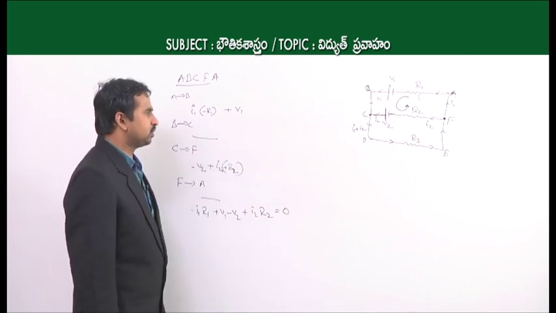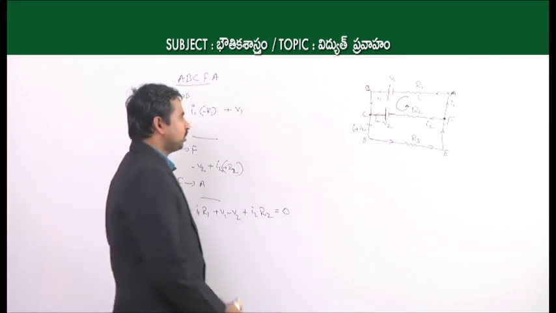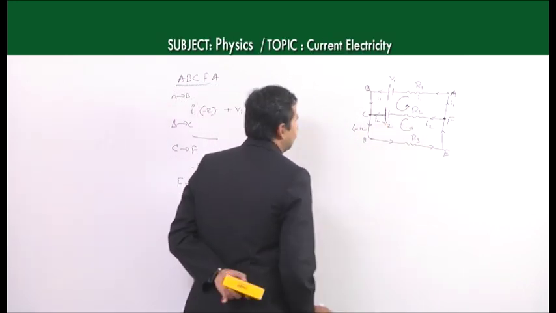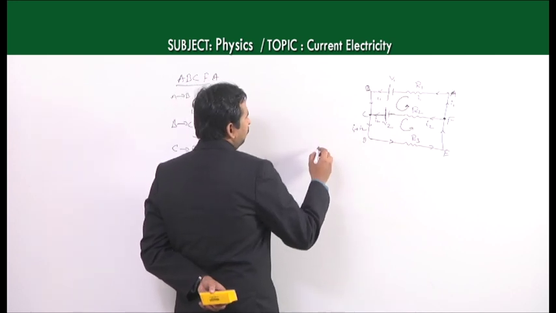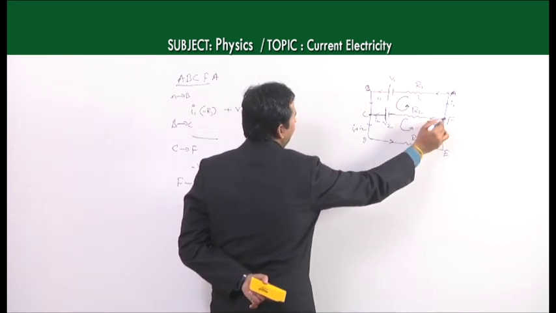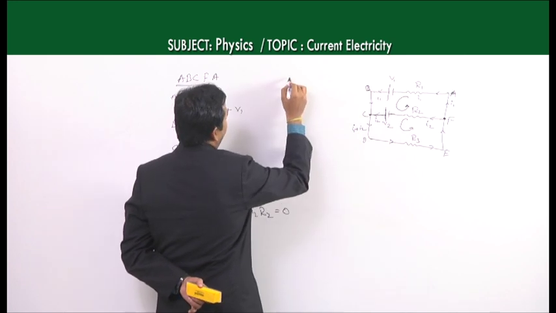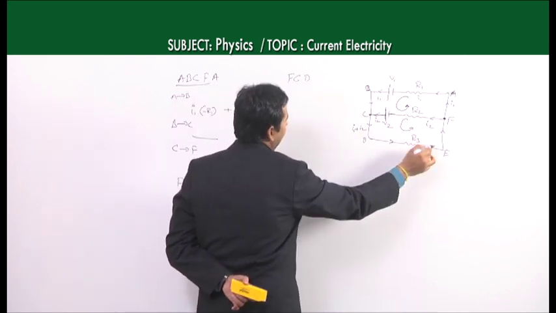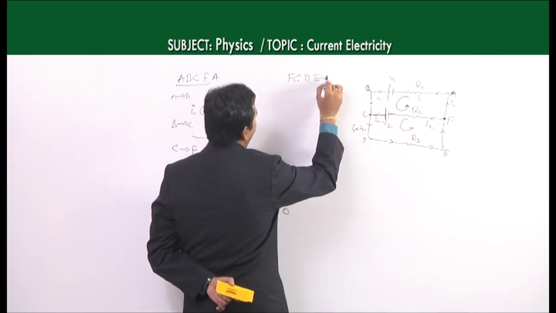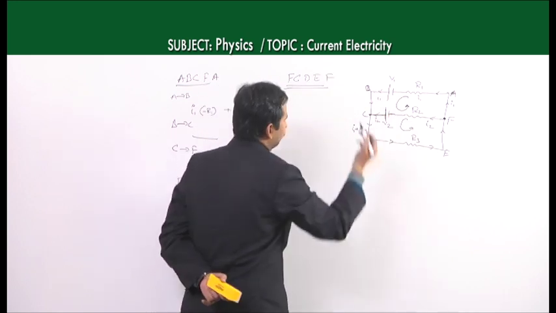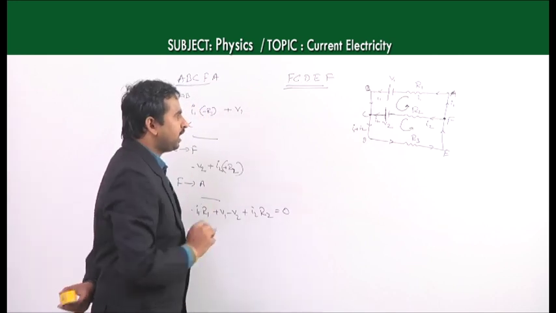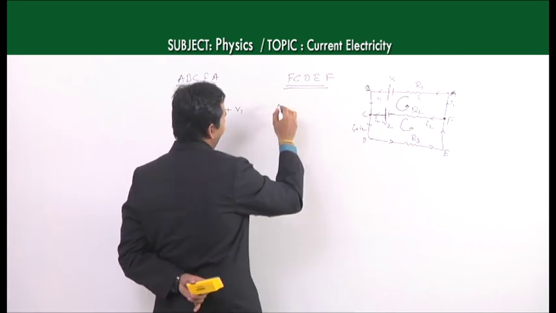And the same thing you can apply for the next circuit, let us say for this one, starting from F now. Okay, so which is F C D E F for this loop. Again that is also a closed loop, okay. And again, if you are going from F to C,